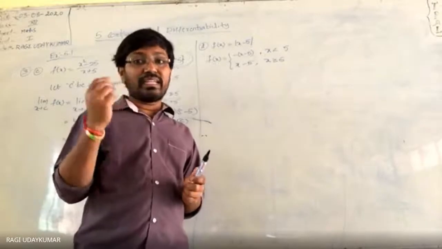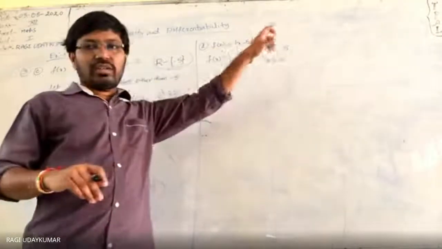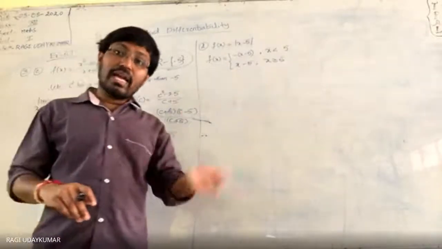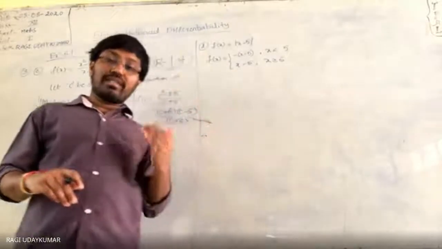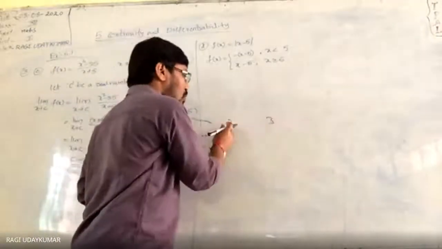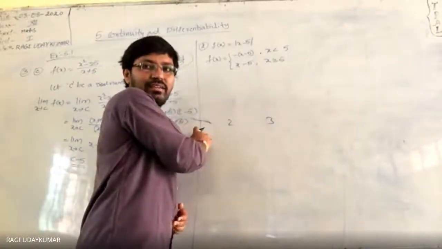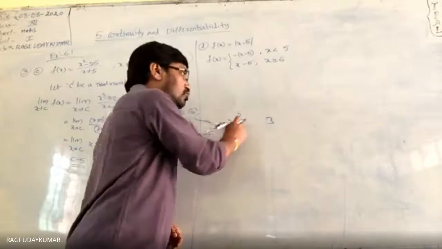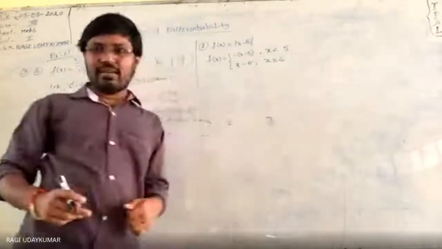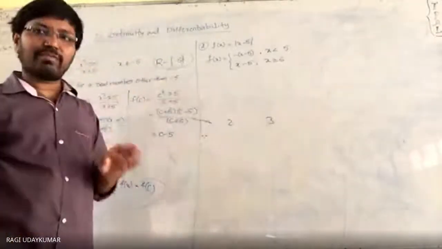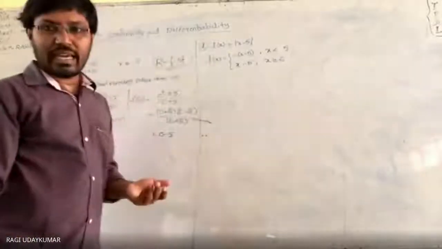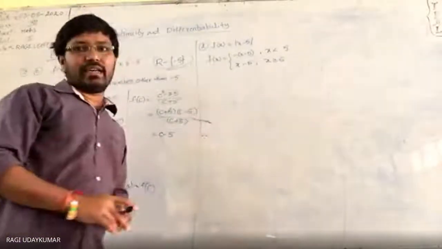When the function is split at one point, you check three places. Suppose it is split at 2 points, say at 2 and 3, then you take less than 2, at the point 2, between 2 and 3, at the point 3, and greater than 3. Such type of problem will also be there, and I will explain that very clearly. Now let us see here. So 3 cases are to be considered here.